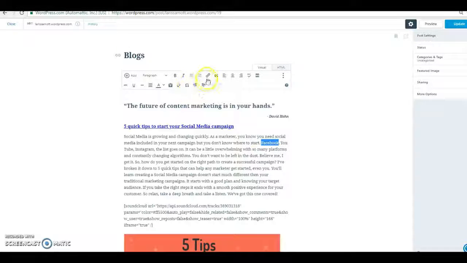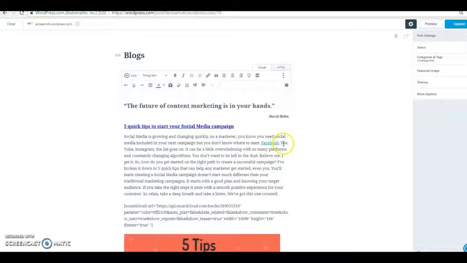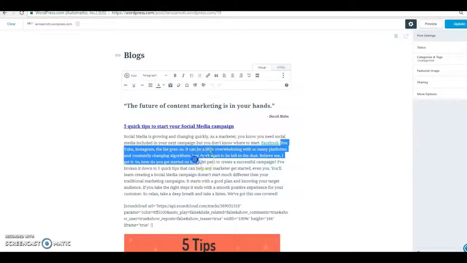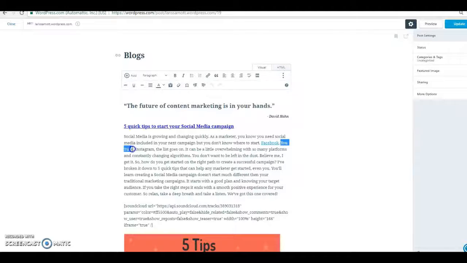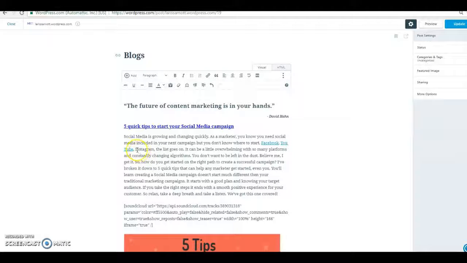back. So I just simply do that. I highlight Facebook, I add insert link. It asks me if I want to do a URL. I don't. I want to link to existing content, which is my social media analysis page, and add link. I'm going to do the same thing to YouTube because we also have information about how to use YouTube there. So I'm going to put the link here, link it to that page, add link,